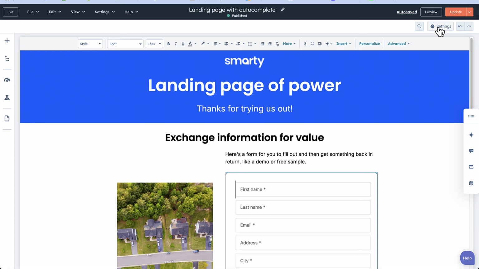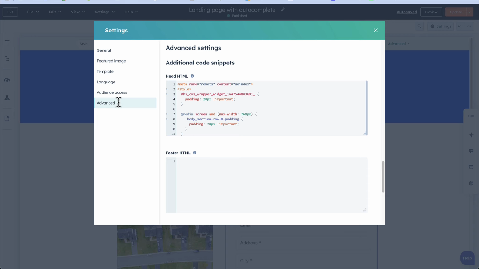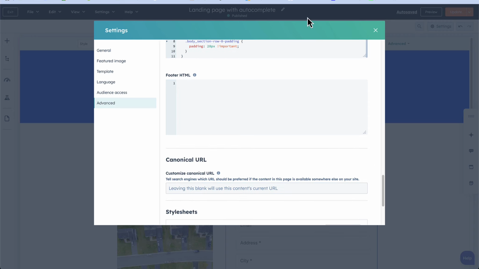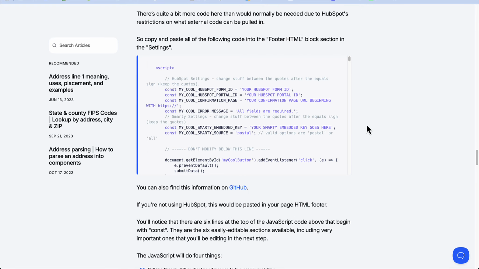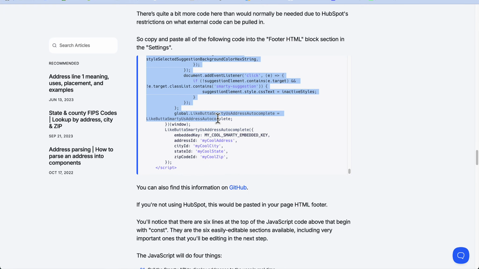There's a new place where you'll post this code. When you click the Settings button for the landing page at the top and then click Advanced, you'll see the Head HTML and Footer HTML blocks under Additional Code Snippets. Copy and paste the code that can be found at the links in the description into the Footer HTML block